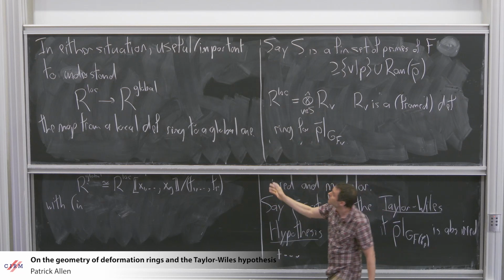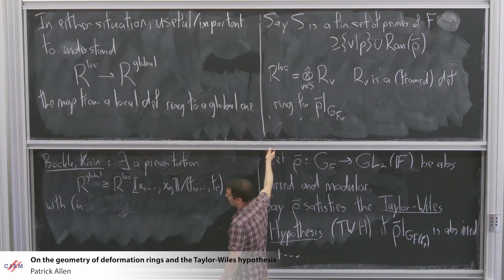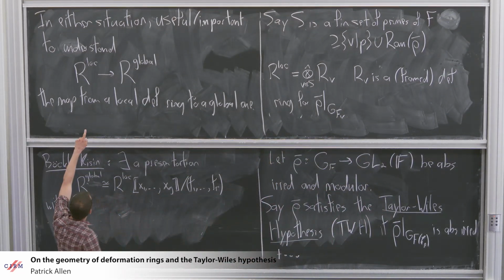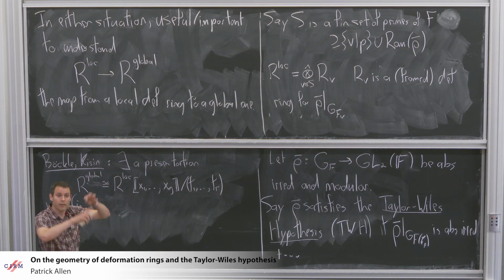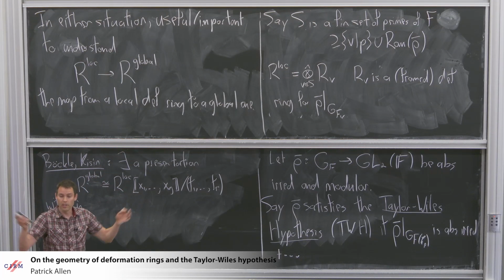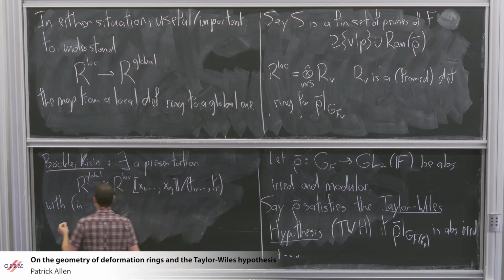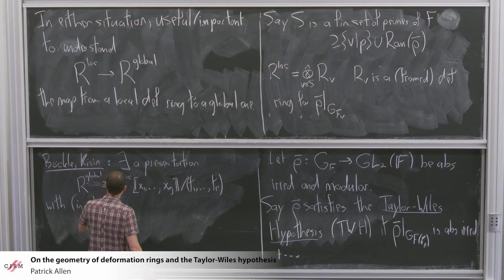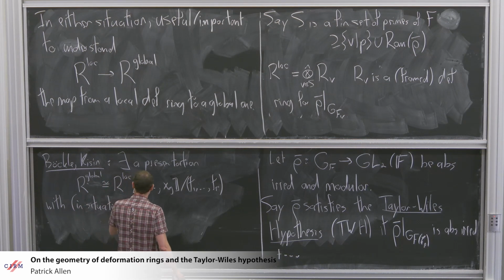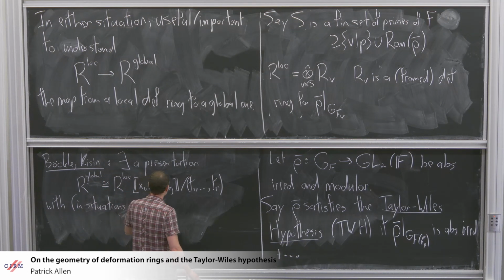So the two situations I'm motivated by, or think you should keep in mind, are the situations of 1 or 2 above, where either you're taking some universal thing, or maybe you're taking some quotient that corresponds to some p-adic Hodge theory with regular weights, or maybe at the primes not dividing p, you have some union of irreducible components, something along those lines. So in situations as in example 1 and 2 above,